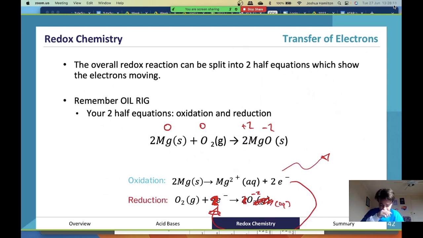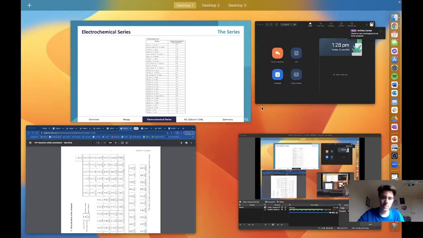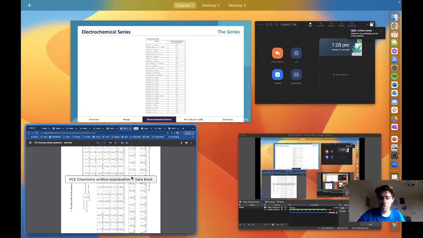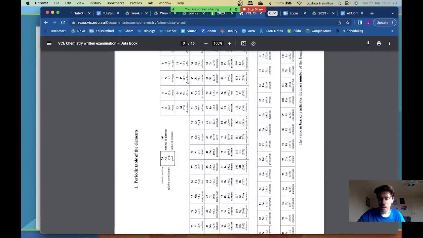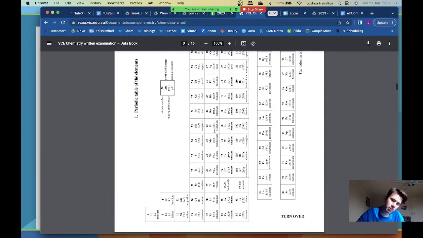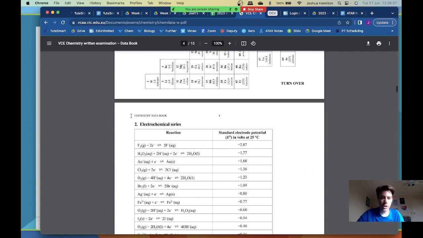So what is the best way of looking at these and learning about these half equations? Well, the best way, because that one was really wrong, is going to your electrochemical series. This will probably be the first major use of your chemistry data book, because it's the big hit-the-mark thing that you're going to do. So if I scroll down to page 4, one of the first couple of pages,